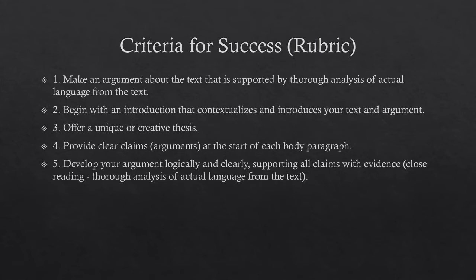The second part is close reading. The best way to support an argument about literature is the actual language, not the plot, but the language of the literature itself. So as you go throughout the paper, quote from the story or the poem or whatever it is you're analyzing and explain how that language, those words, prove your idea from your thesis. So point number one here is the paper as a whole, the two main parts being the thesis and the close reading. We're now starting with point two. We're going to go through it more step by step.